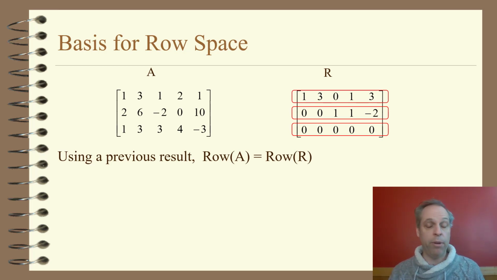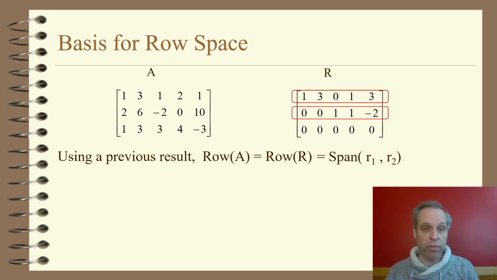But the row space of the matrix R is the span of its rows. That's just by definition. But one of those rows is the 0 vector. And again, from a previous result, if you have a span of a bunch of vectors and one of those vectors is a 0 vector, you can just throw it out and it won't change the span at all. So that means then that the row space of A is spanned by the two non-zero rows in its reduced